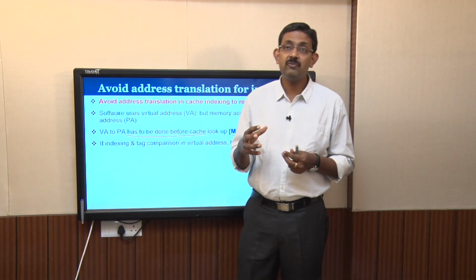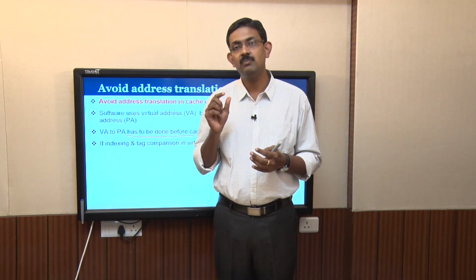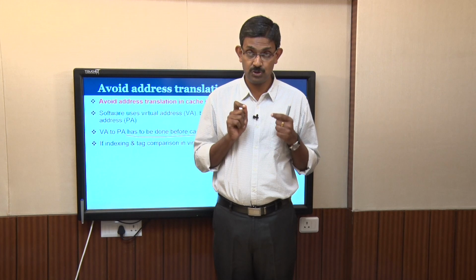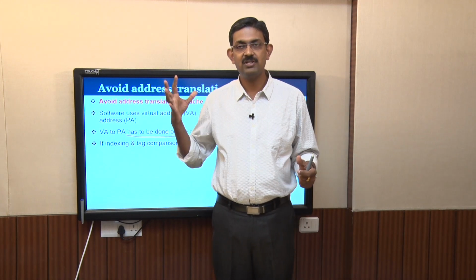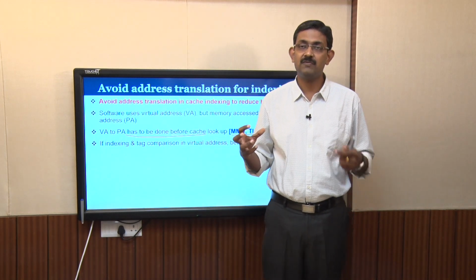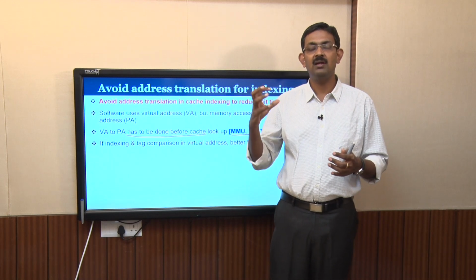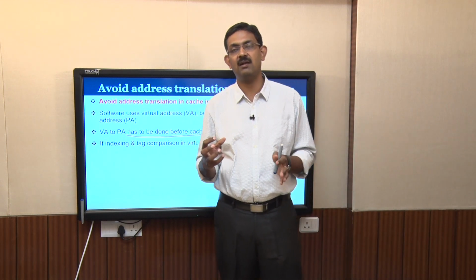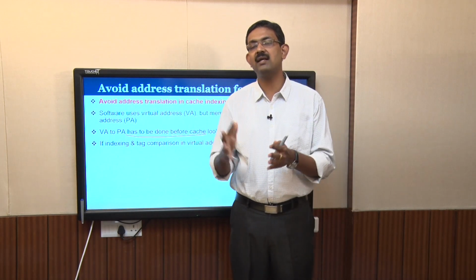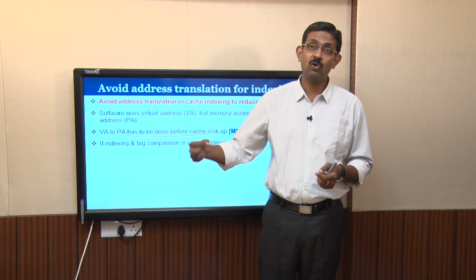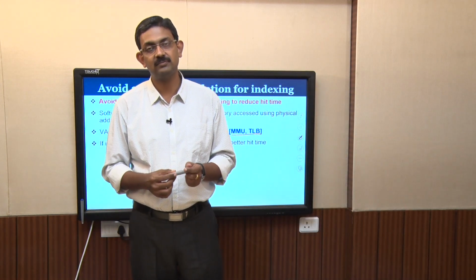So if indexing can be done only if you get the physical address, then before going to indexing, the first step should be converting from virtual address to physical address. That is, when CPU gives a virtual address, the first stage is using a memory management unit or a translation look-aside buffer to convert the virtual address into the physical address. And once you get the physical address, then divide it into tag, index and offset. Using the index bits, go and refer into the location, and then you perform tag comparison.